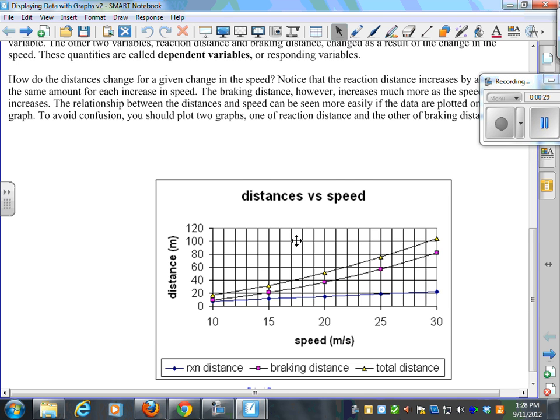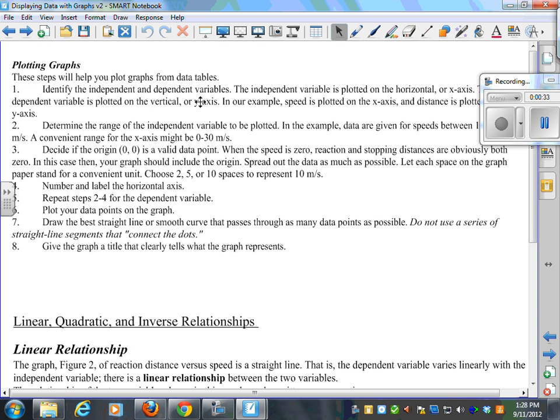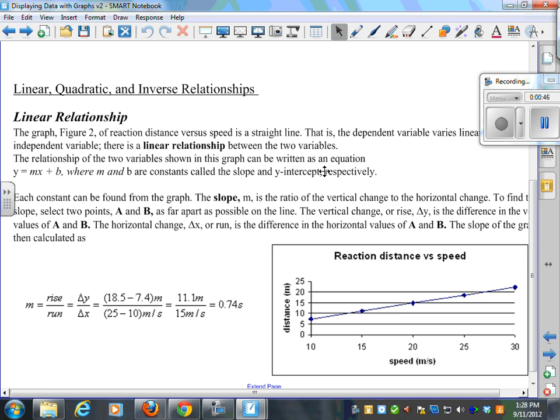And we looked at this graph right here of braking distances. We talked about how to plot graphs, right, which I think everyone should be pretty comfortable doing. I reminded you should not connect the dots. You should draw a line or curve of best fit. We talked a bit about the different relationships, linear relationships, obviously straight line graph. We talked about y equals mx plus b, where m is the slope and b is the